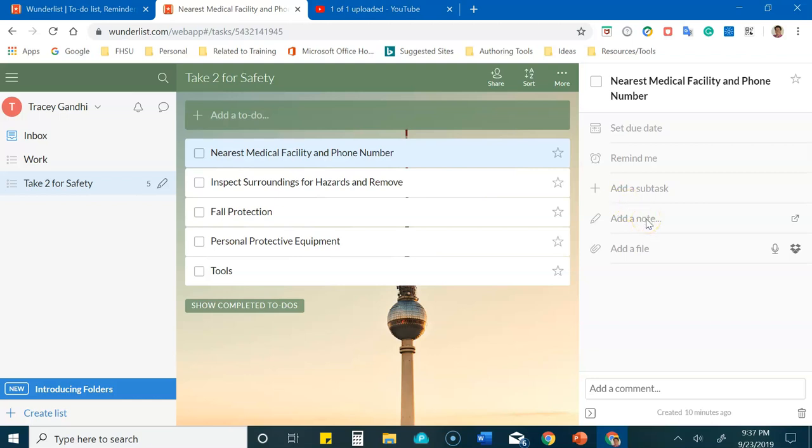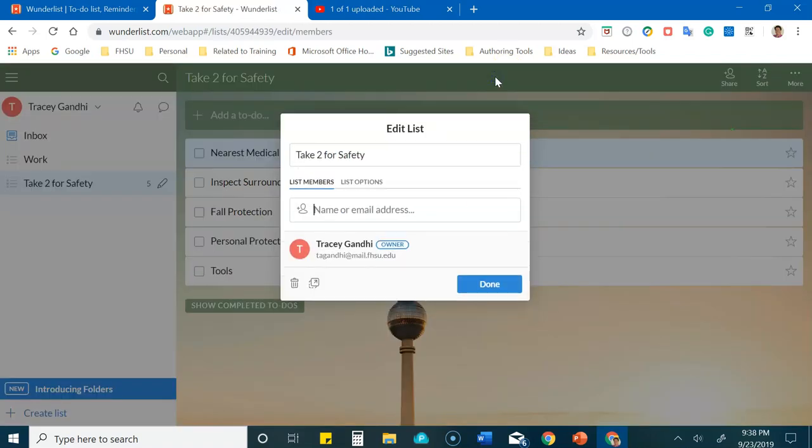added. So the guy on third shift needs to add a note so that the person coming in on first or second shift knows what's going on. That's really beneficial. I like that you can just drop and add a file into it. So by this being a dedicated list application, it offers up a lot more flexibility. In addition, you can see I can share that and I can add whoever I want to